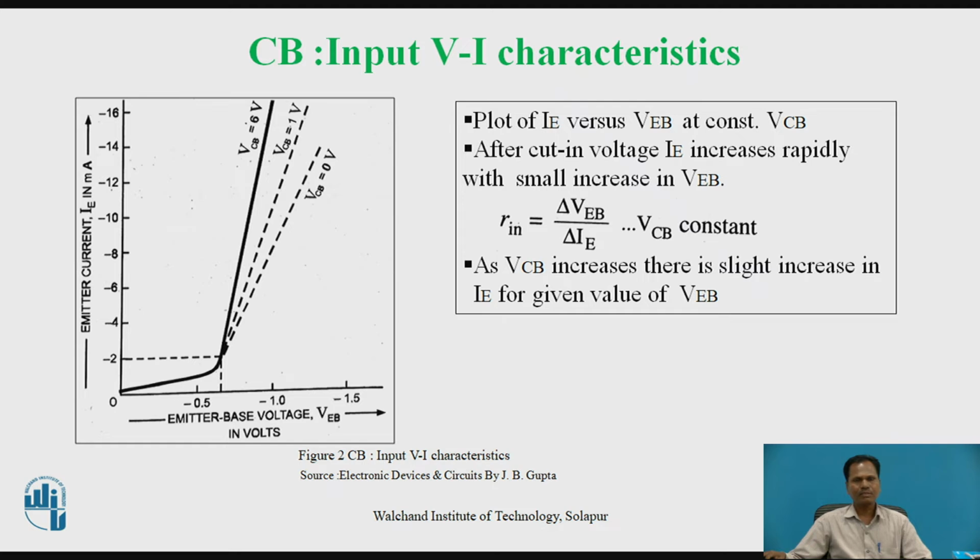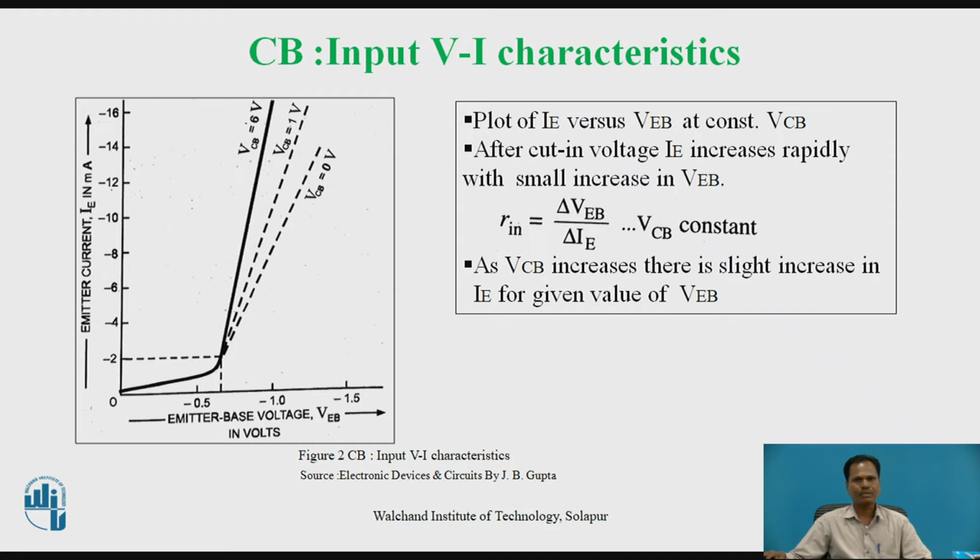So this indicates that the input resistance of a transistor in common base circuit configuration is very small, very low, because the emitter current, generally in milliamperes, is very large. For a small change in emitter to base voltage, there is a large increase in emitter current. So the dynamic input resistance in common base configuration, Rin, is equal to delta VEB, the change in emitter to base voltage, divided by the change in emitter current at a certain constant value of